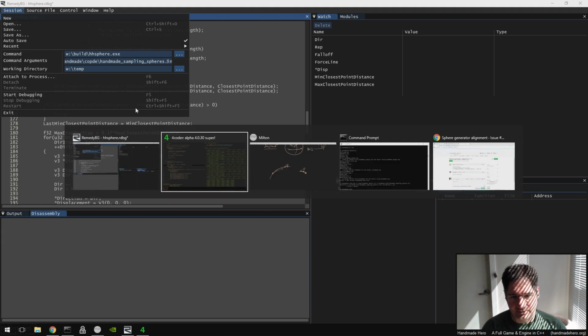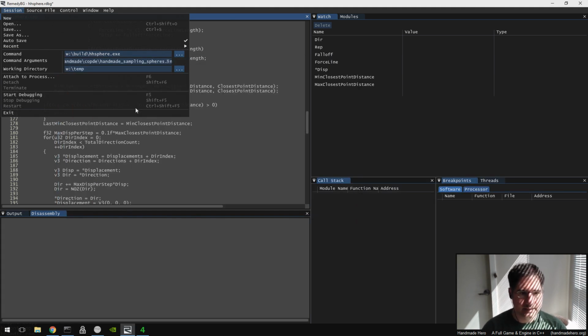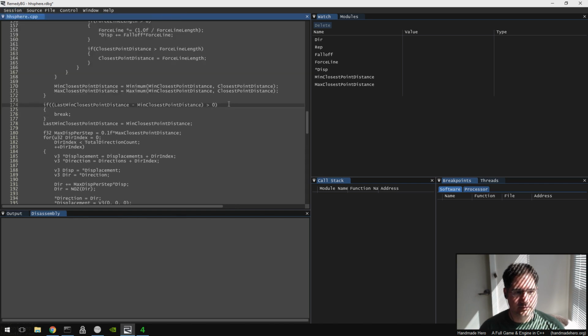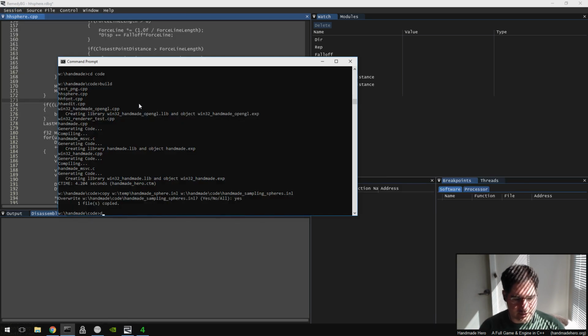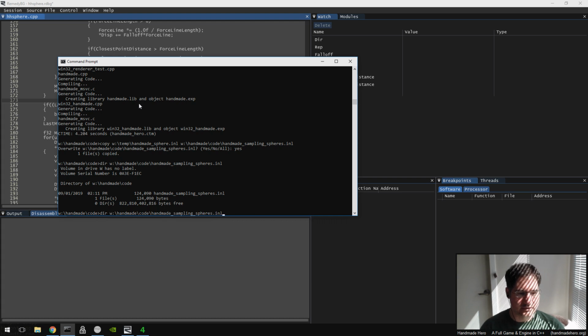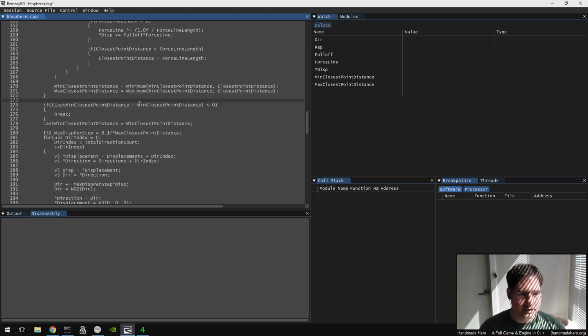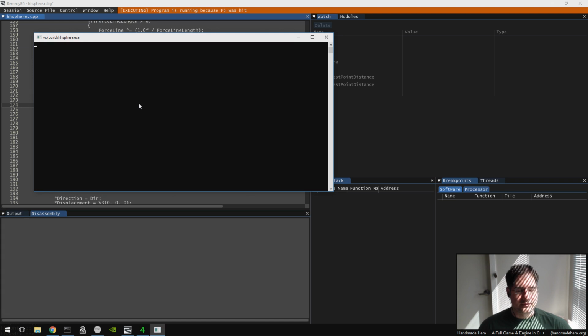I think it's handmade sampling spheres, right? Yeah. So when we run this thing in the debugger, it will actually just overwrite the file, right? Full up. So if I go ahead and do a dir on handmade code handmade sampling spheres, and I just do a del on that, if I run it now, after it finishes with the apparently really crappy repulsion steps that I've written that don't work, it will write them